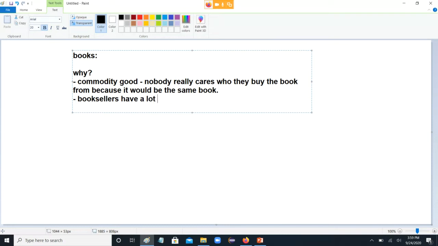booksellers have a lot of practical troubles. Okay? Physical or brick and mortar, B&M, but physical booksellers, physical stores. What are some problems? Well,